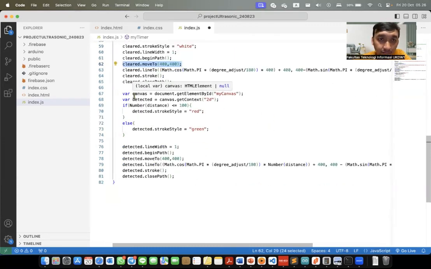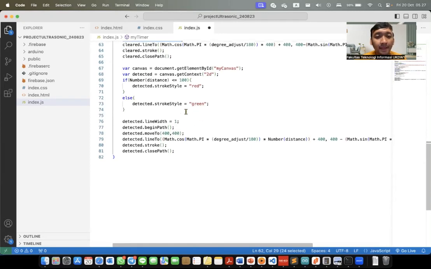After that, we want to draw the red line or green line for this ultrasonic sensor value here. If the distance is less than 100, we draw the red line. If the distance is more than 100, we draw a green line.